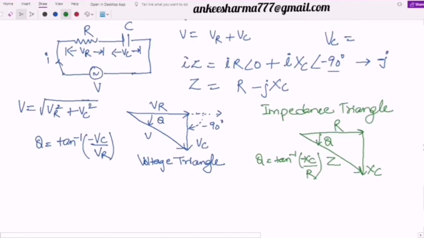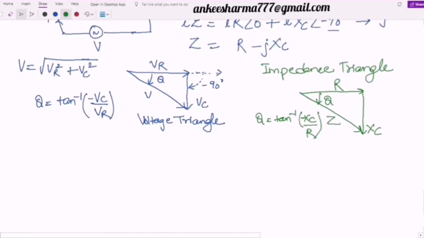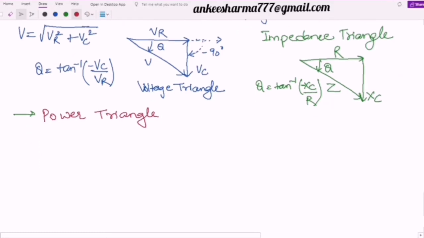Right? Now next let's discuss the power factor. But before moving to power factor, let's discuss one more, that is the power triangle. In the power triangle I will make use of the power values. We have three power values: active, reactive and apparent powers. So directly I will draw the diagram here. This is I square R, this is nothing but equal to P.